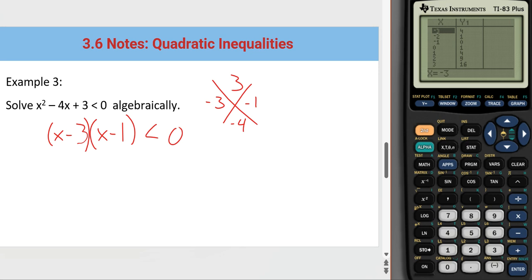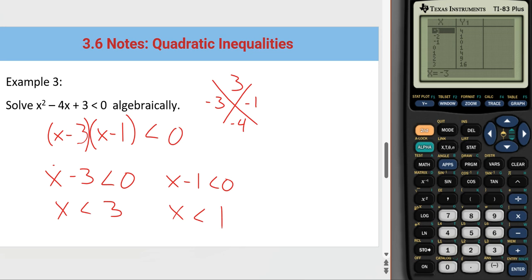Okay, I'm going to split this. I'm going to have x minus 3 is greater than 0 and x minus 1 is greater than 0, and then I'm going to solve these, right? I have x greater than 3 and x less than 1. Okay, when we go to write our finished